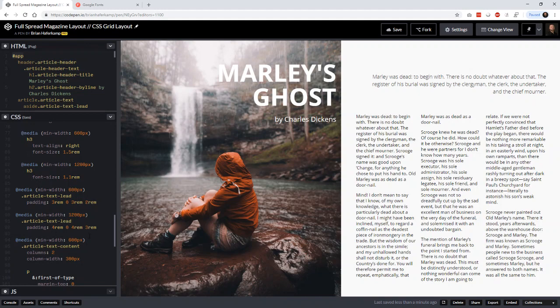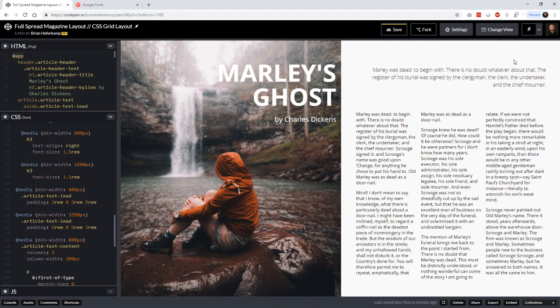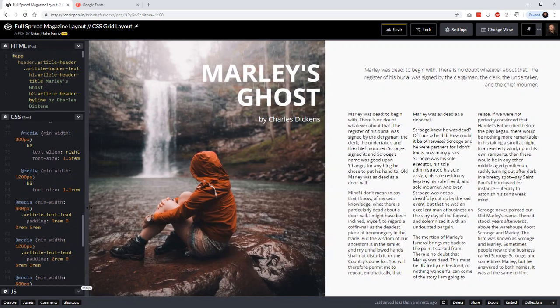So we could say 2. That would pull us up a little bit, and on the bottom we could say 5. And so that would give us a little bit more pronounced space up here, and you could sort of massage that a little bit and just see how that works. But you can see that we wind up with this nice